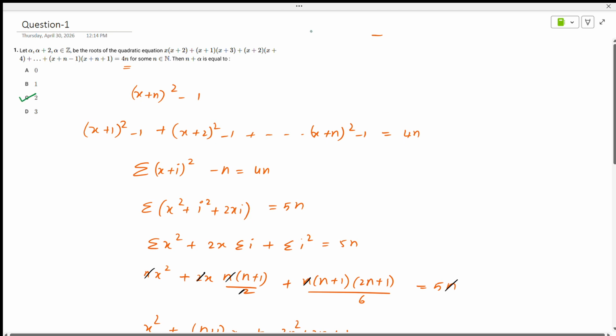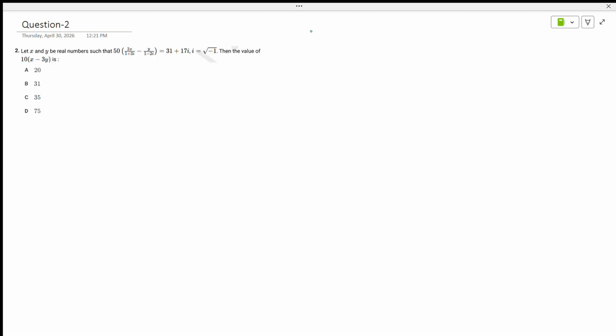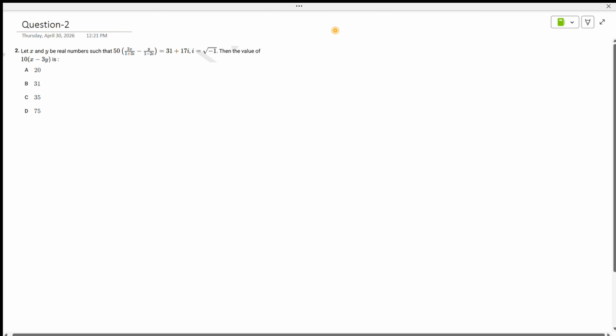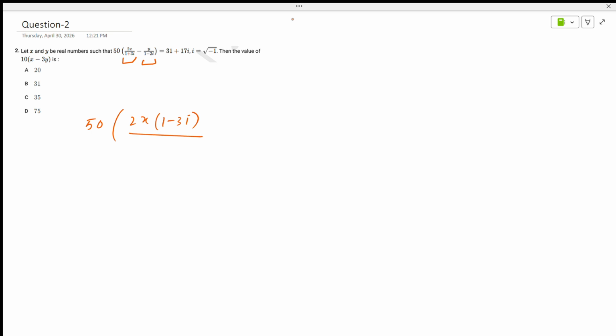Let us move on to the next question. So the second question is saying, let x and y be real numbers such that it satisfies this equation. Okay, so we have to find 10 of x minus 3y. So let us rationalize these two fractions. So we'll get 5 of 2x of (1 minus 3i) by 1 plus 9, minus y of (1 plus 2i) by 1 plus 4,